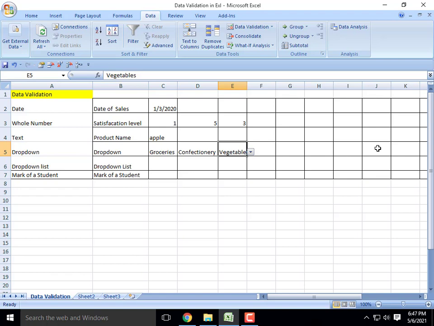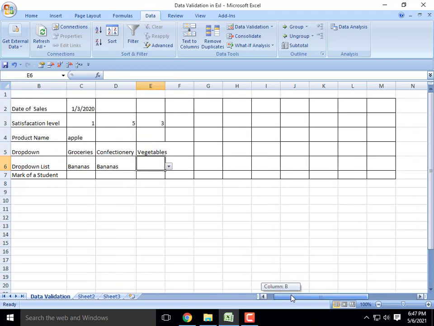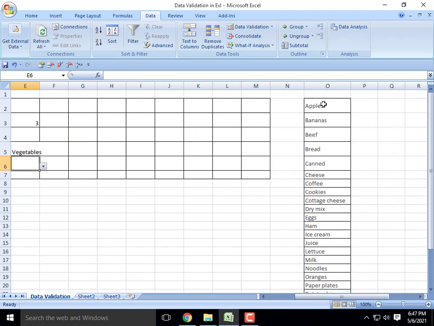Suppose we have a large number of items, then this won't work. For example, here we have many items, so I am not able to give the list directly. For that, we give the list of items separately in one place, for example apple, banana, beef, like this. How can we fix this?